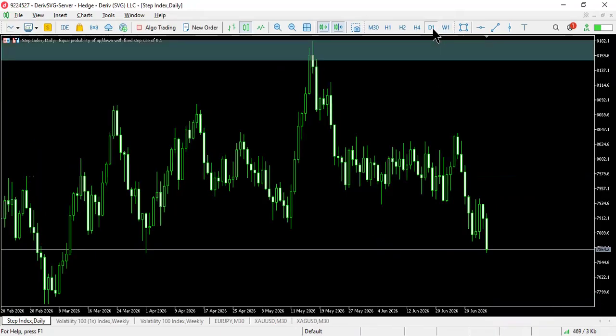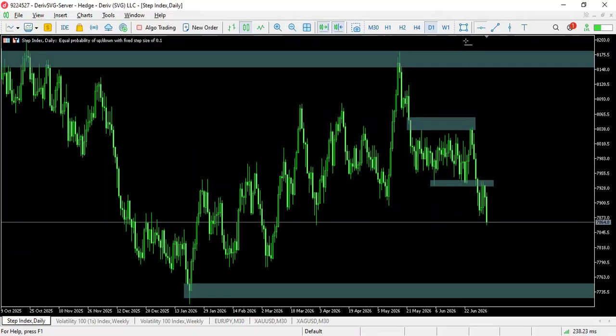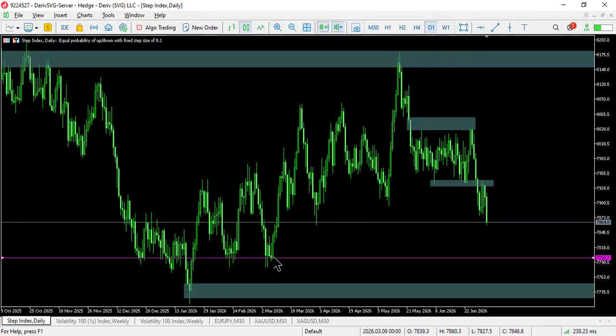Now, heading over to the daily time frame, we can see that price reacted from that FVG, and then now we have a new break of structure right there where price went to mitigate the order block, and then we are pushing down. So marking my take profit levels,